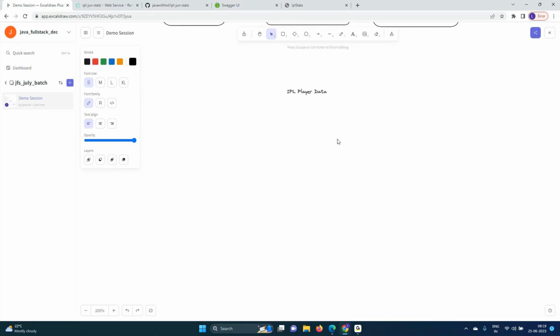That's the ID. What is the name of the player? Which team he plays for, and what is the country he is from? Then what is his role, whether he is a batsman or bowler or wicket keeper? And then what is the amount he has been paid? So this IPL